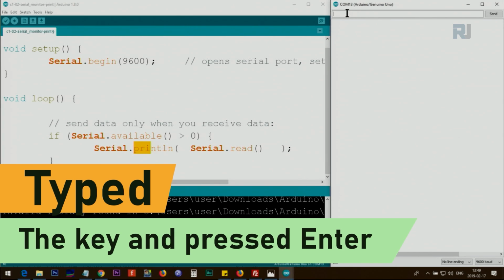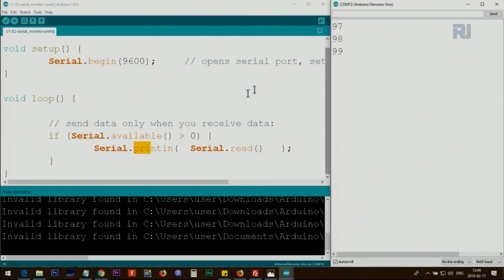For example, if I type A, 97. If I type B, pay attention here, and C, 99. And if I print 0, 48, 1, 2, 49, 50. Then why doesn't it print A or B and C? The reason is that this is not the A or B value. This is the ASCII value for that, because for each number and each character, we have an associated number related to it,